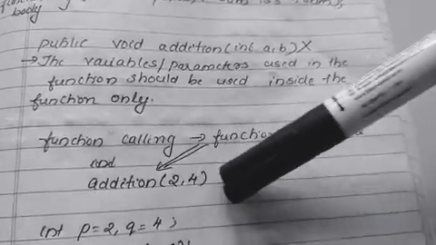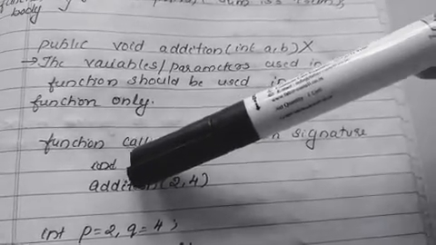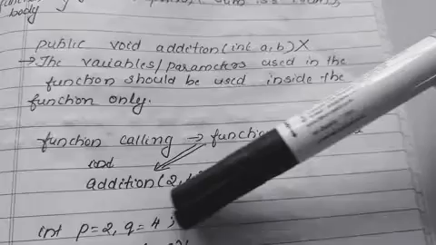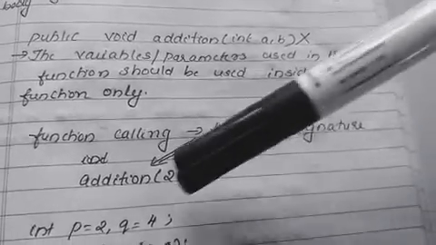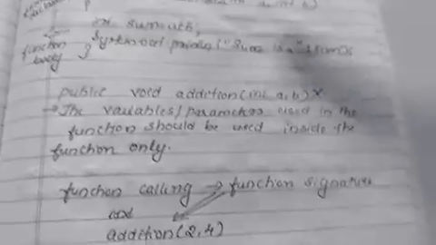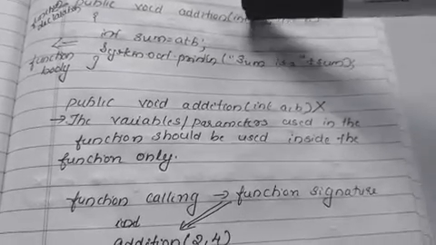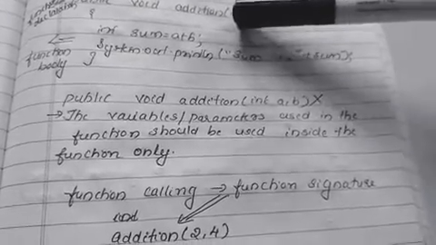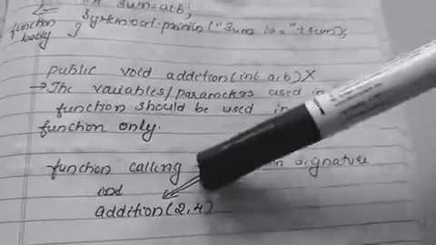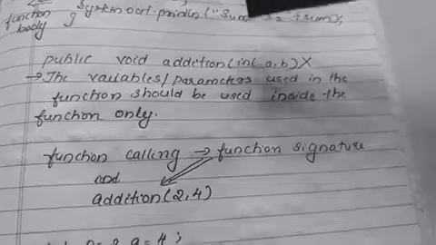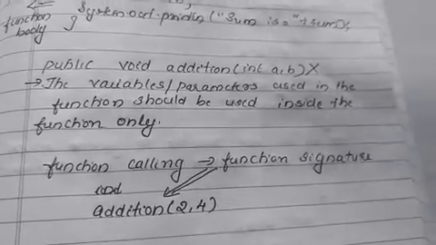From the line itself you can see that addition is the name of the function, and there is no return, just a call of that function with the values. Here the values passed to the arguments a and b of integer type, so we have passed the values directly. This is known as function calling. It is also known as function signature.